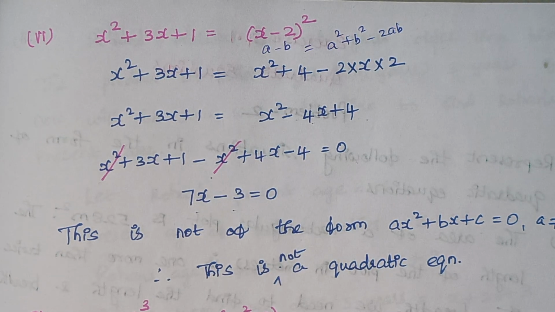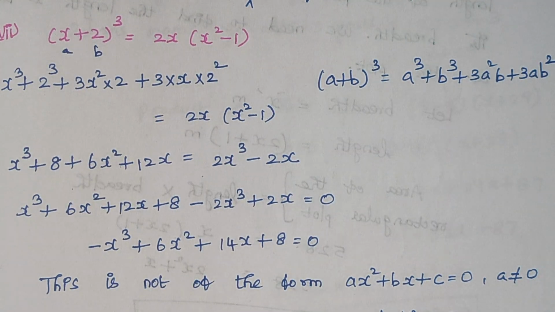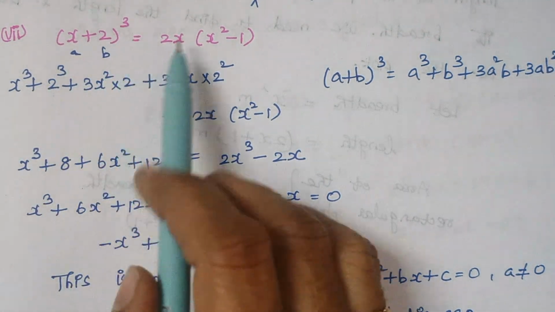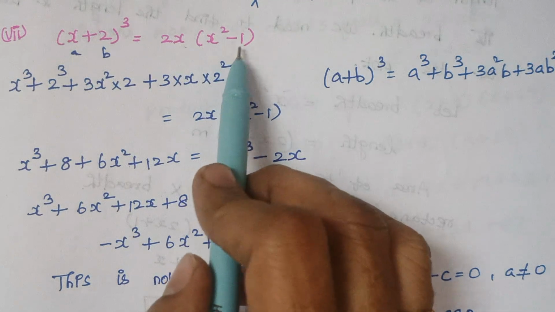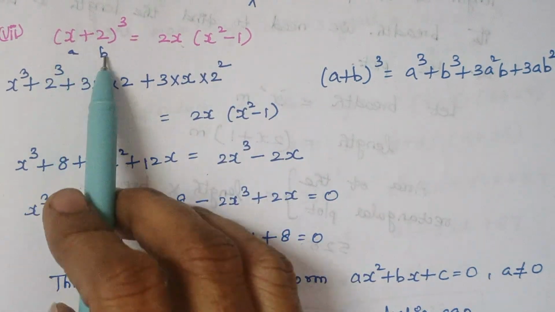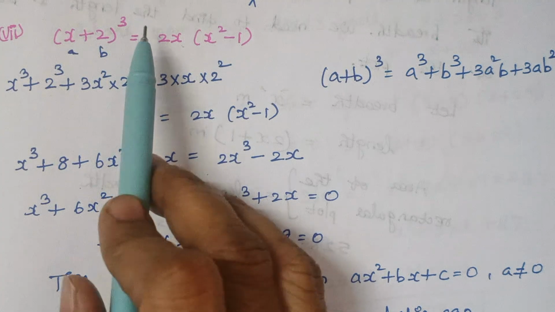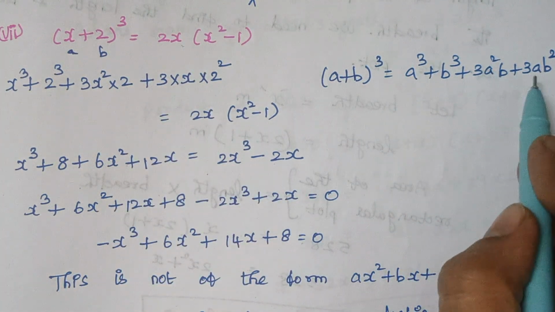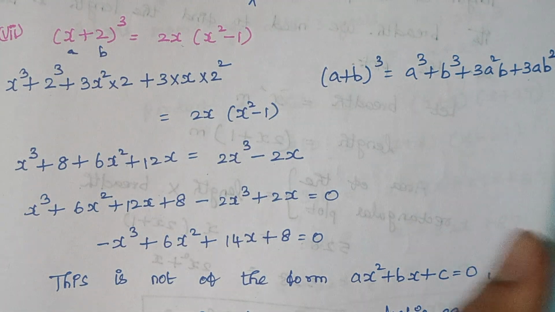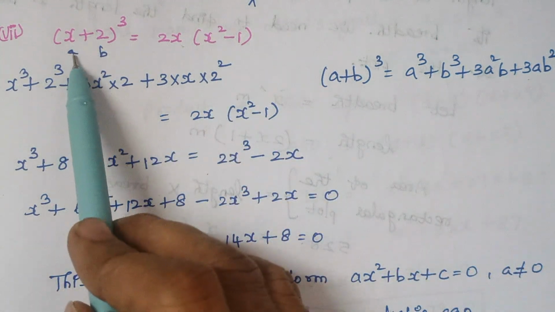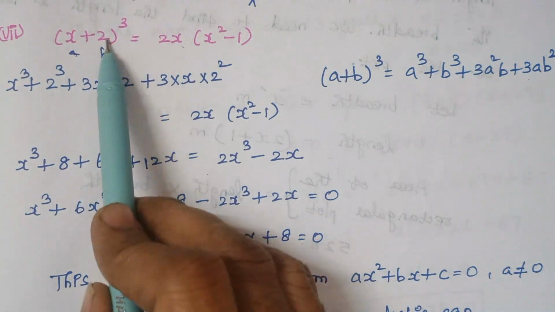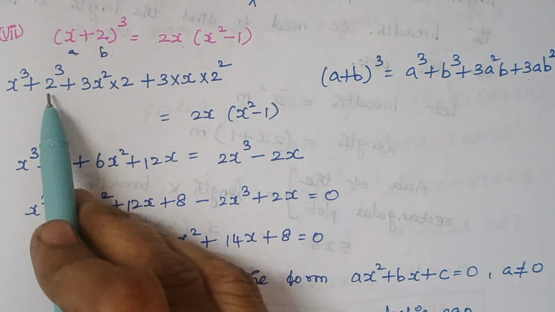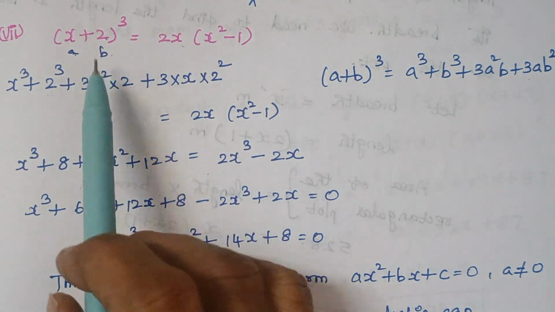Now we proceed with our seventh one. Here the question is (x + 2) the whole cube is equal to 2x into (x square minus 1). This is of the format (a + b) whole cube, and the formula is a cube plus b cube plus 3a square b plus 3ab square. In the place of a we have x, in the place of b I have 2. So a cube, therefore x cube, plus b cube is 2 cube, plus 3a square b, 3